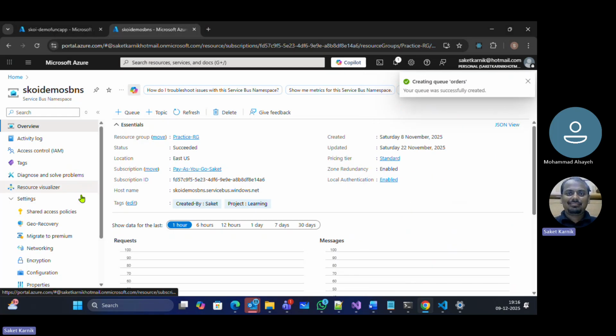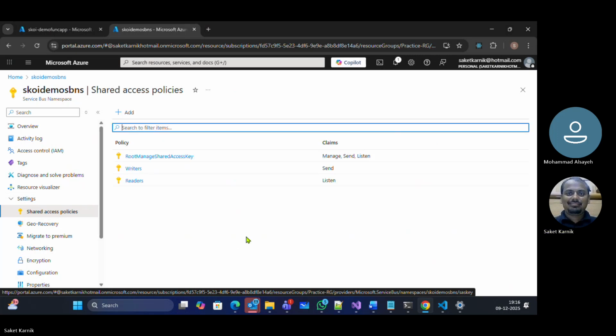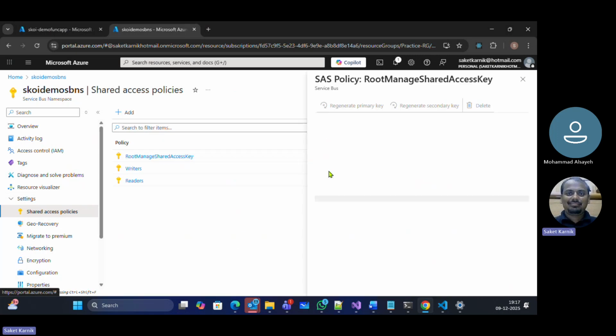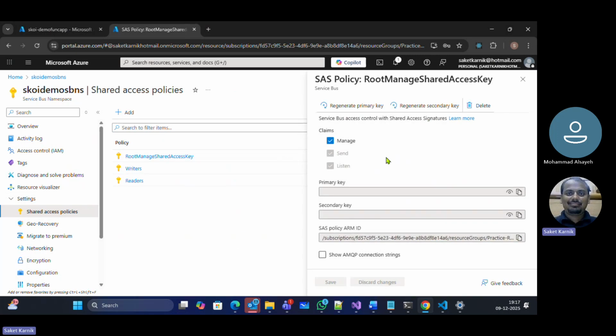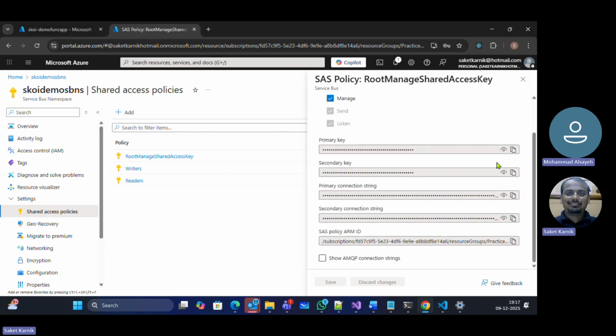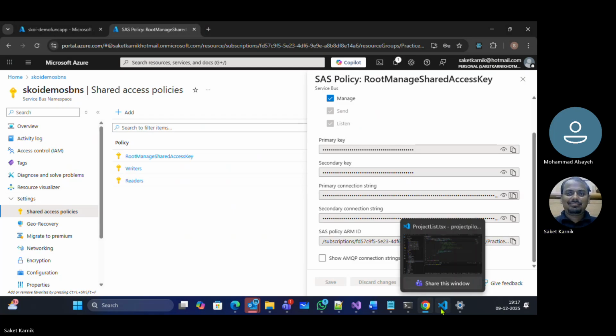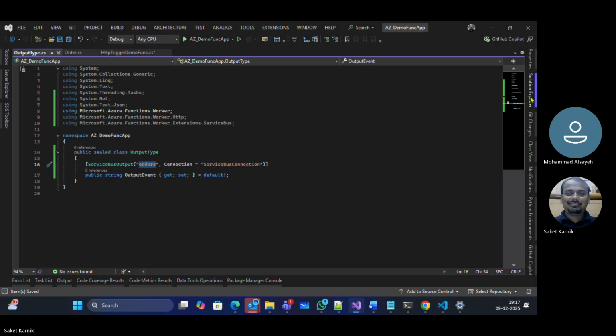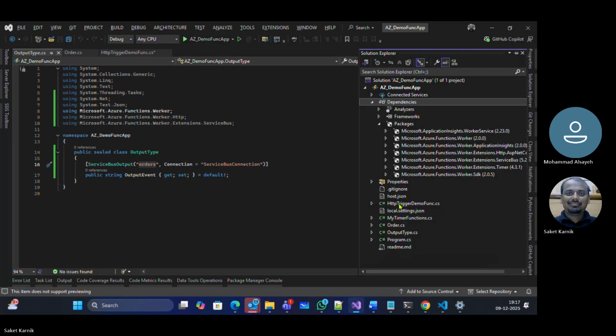It's done. And then here I go to shared access policies. Root manage shared access key, connection string only, I'll copy so that we don't need to manage multiple connection strings, right? I copy the primary connection string and then I go to my... And you save it in